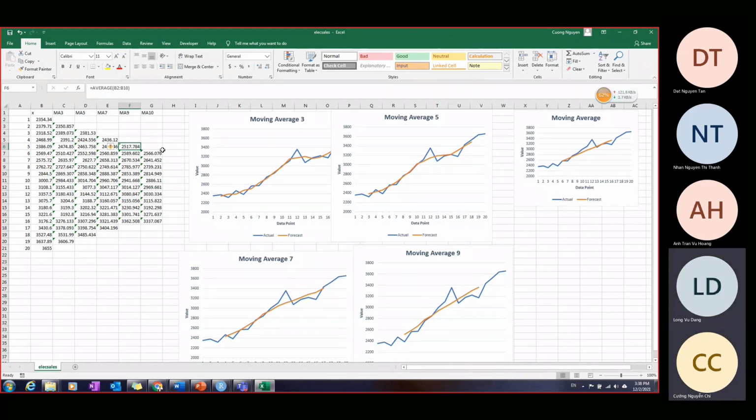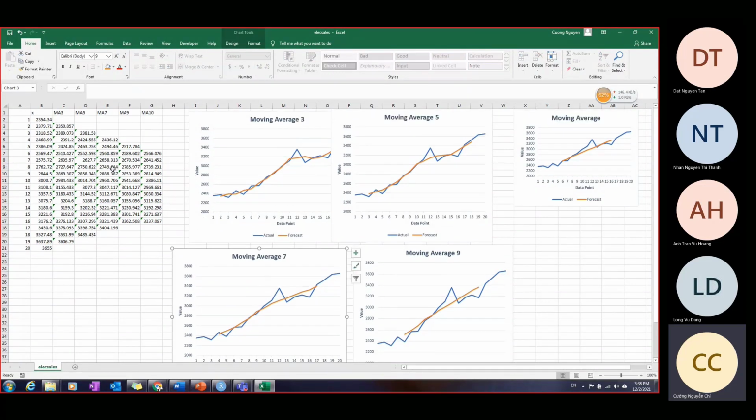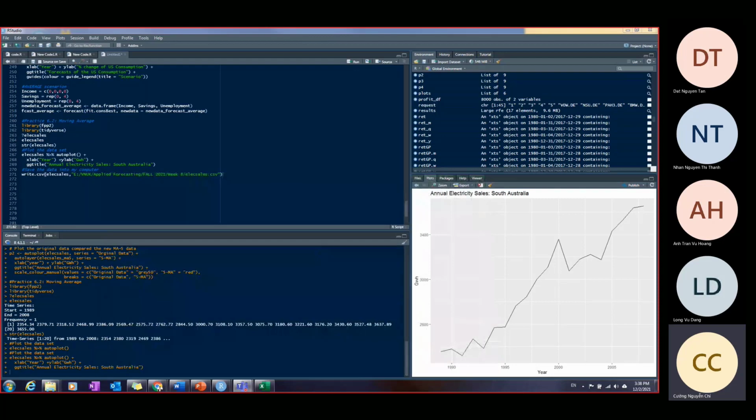Okay, don't worry, we will run it later. This is just a demonstration so you understand how it works on the original data, and how it's actually run on Excel. Don't worry about that, we will run and talk about that later in the next chapters. So now let's do it